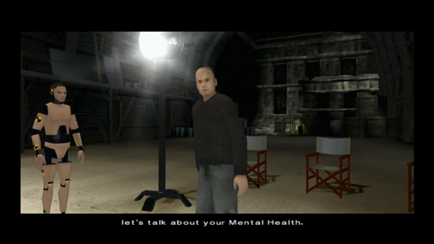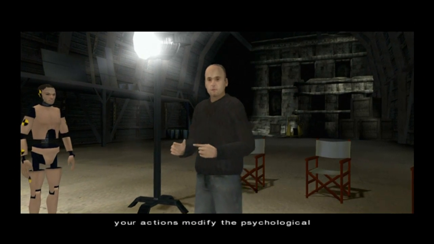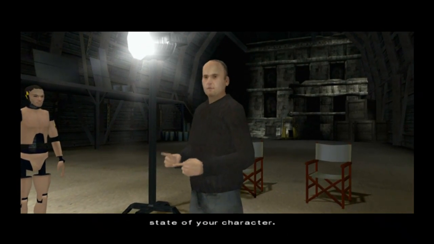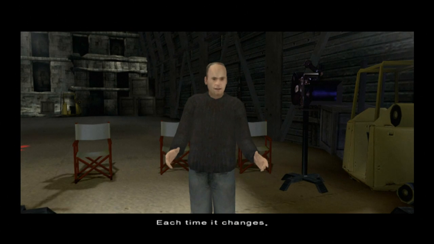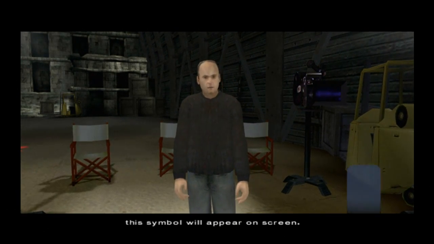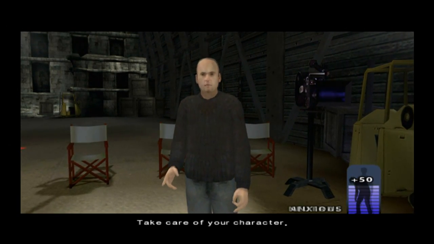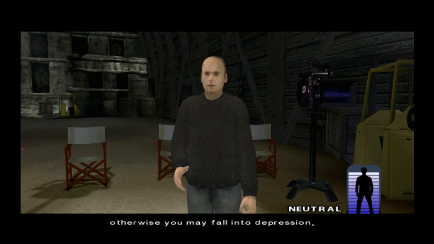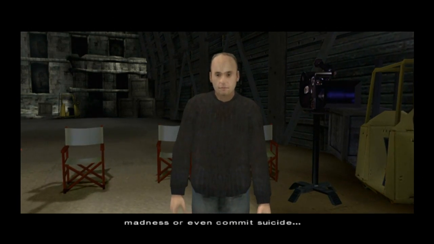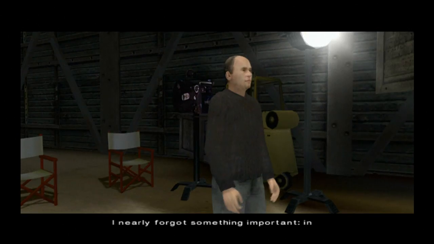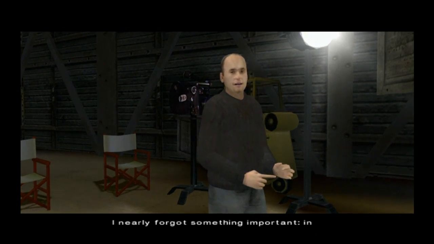Now, let's talk about your mental health. In Fahrenheit, your actions modify the psychological state of your character. Each time it changes, the symbol will appear on screen. Take care of your character, otherwise you may fall into depression, madness, or even commit suicide. Oh, I nearly forgot something important. In Fahrenheit,